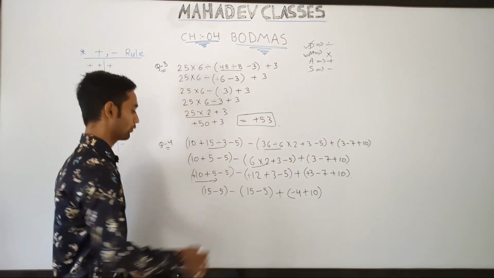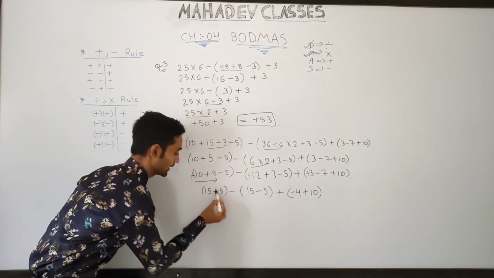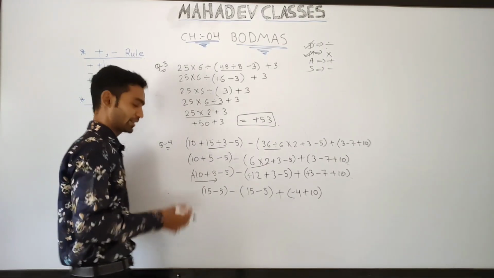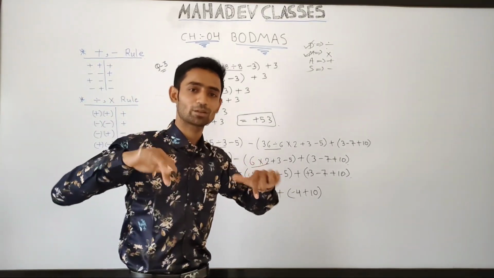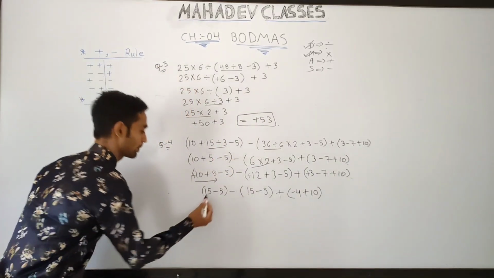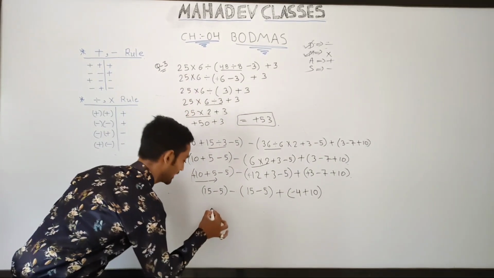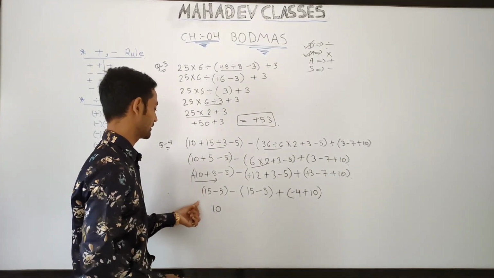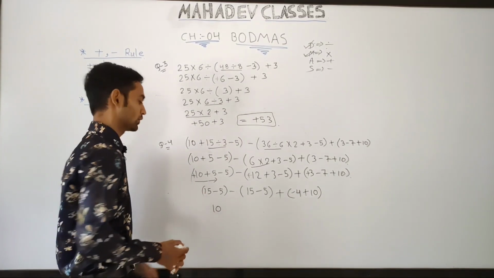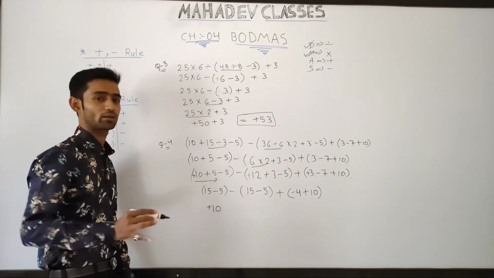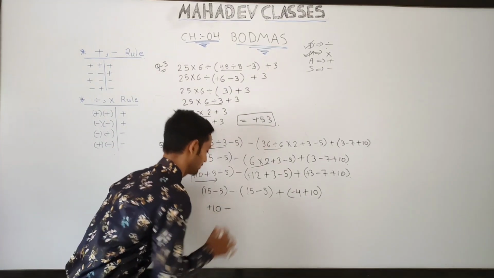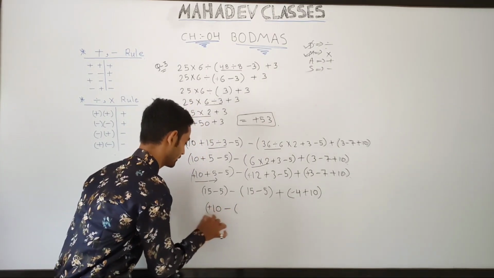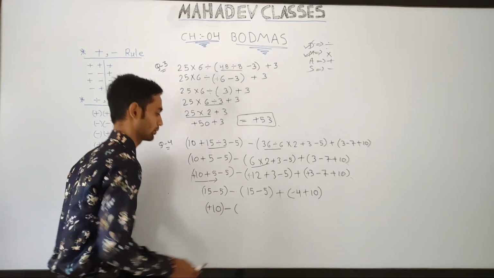Okay, now go for this. This 5 has a minus sign, this 15 has a plus sign, so here also different symbols, then we have to do the process of subtraction. 15 minus 5, you will get 10. Okay, and now 15 is the bigger number and it has a plus sign, so we will put plus 10 here. Okay, and now minus, and in another bracket, see, we can write it in a bracket too.